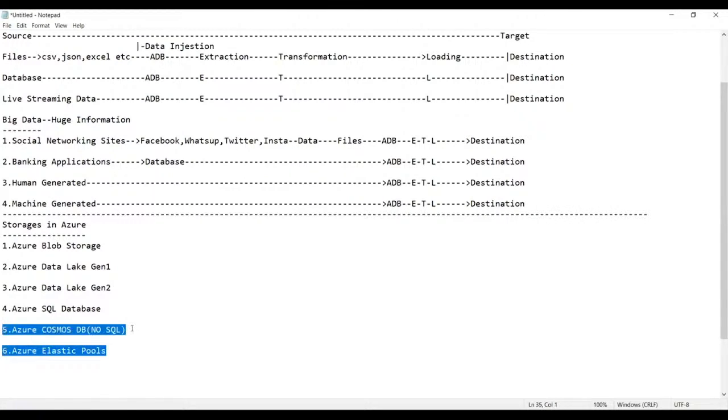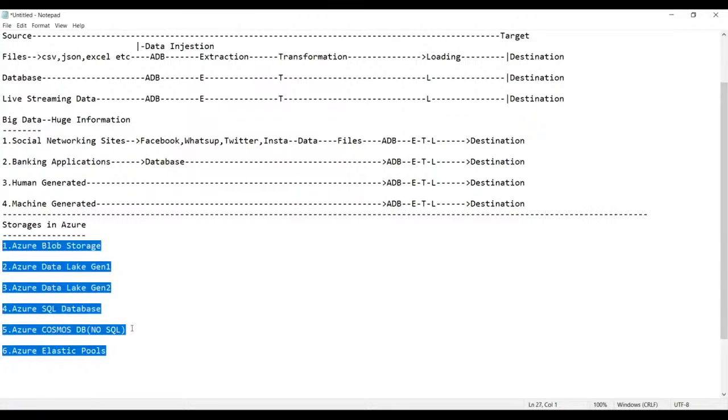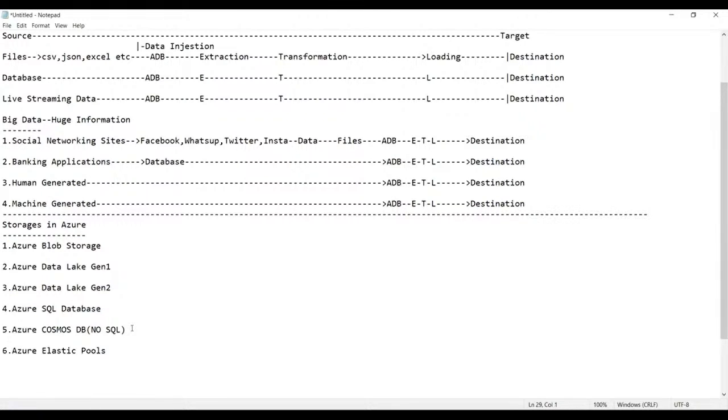Can you see here? These are the various storages you have. Out of all the storages, this one is going to retire in 2024, hence we cannot create only this. The rest of all we can create and use. Getting my point? Only this storage you cannot create, guys.